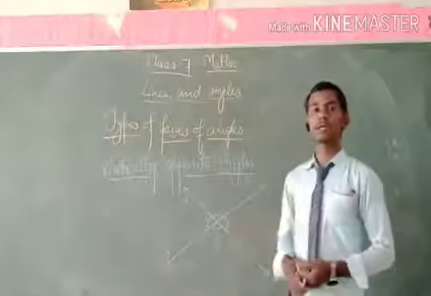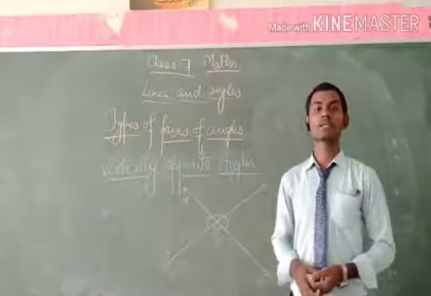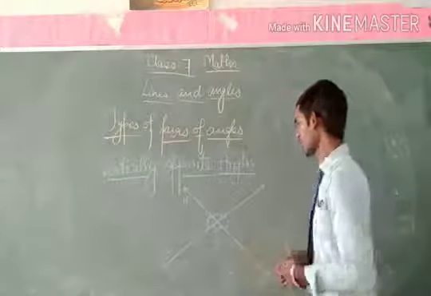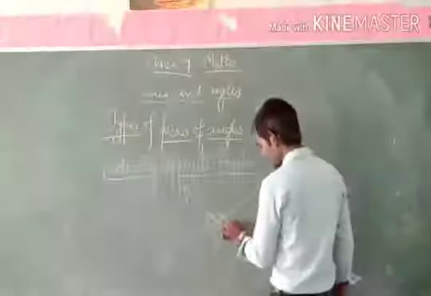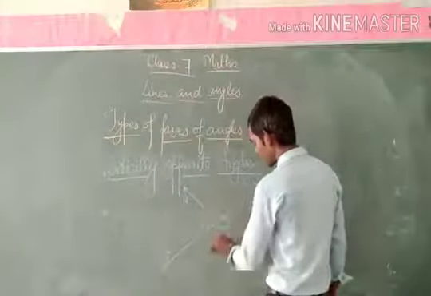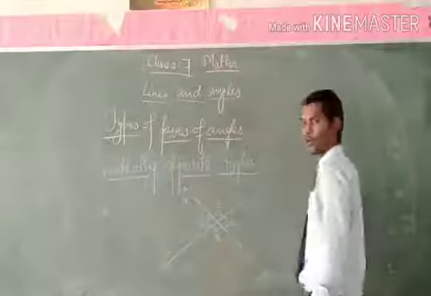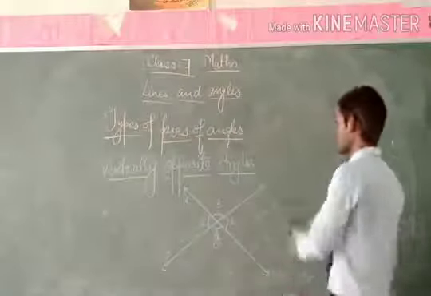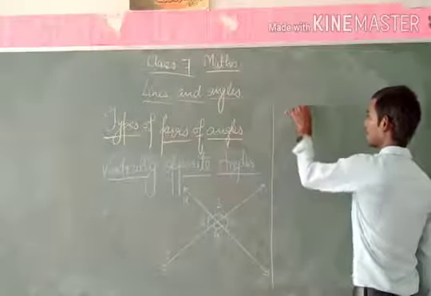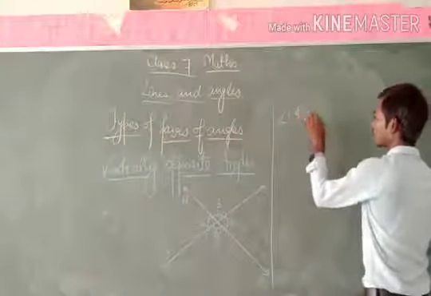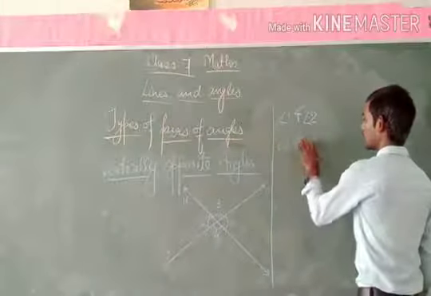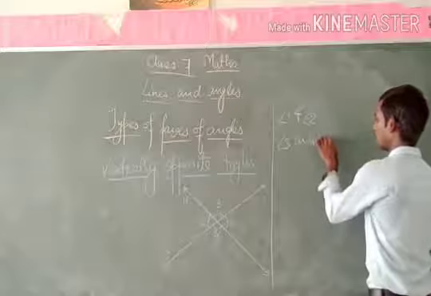In this figure, we can see that there are two pairs of vertically opposite angles. Let us find out. This is the first angle, we write angle 1, and this is angle 2. This is angle 3, and this is angle 4. So by the figure, we can write that angle 1 and angle 2, also angle 3 and angle 4,